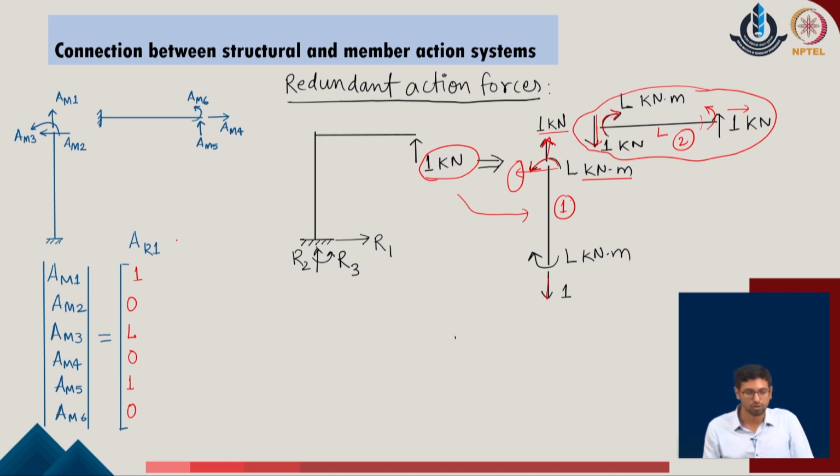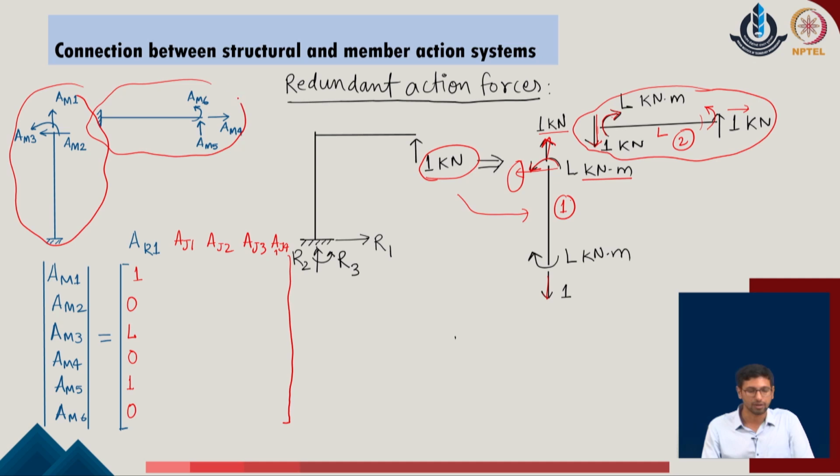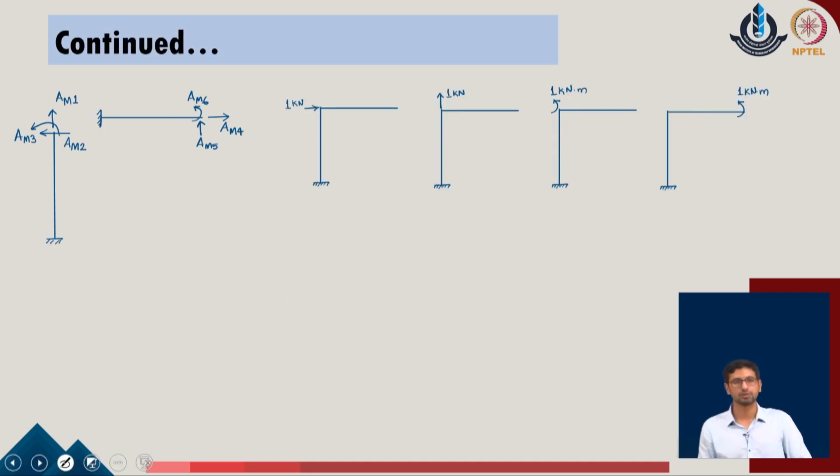In a similar manner, one can do the same process for AJ1, AJ2, AJ3 and AJ4 of the given problem, which means that for all the joint forces active in the problem, one by one we apply the unit load, and corresponding to that we draw the free body diagram of the member systems and evaluate the forces in the direction of AM1 to AM6. So, the members which were initially considered to be fully independent have now been considered attached to each other with respect to a defined force in the direction of the structural system, and this connects the structural and the member system of the given problem.